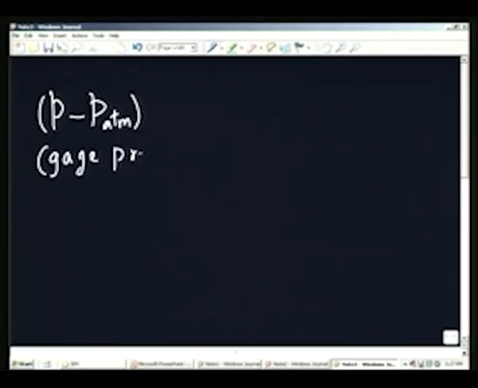I am just trying to introduce some of the terminology using this particular example. I am measuring the gauge pressure. If I am interested only in the absolute pressure, P will be called the absolute pressure, the gauge pressure plus the atmospheric pressure will give you that. However, I am interested only in the gauge pressure in this particular case. This is given by